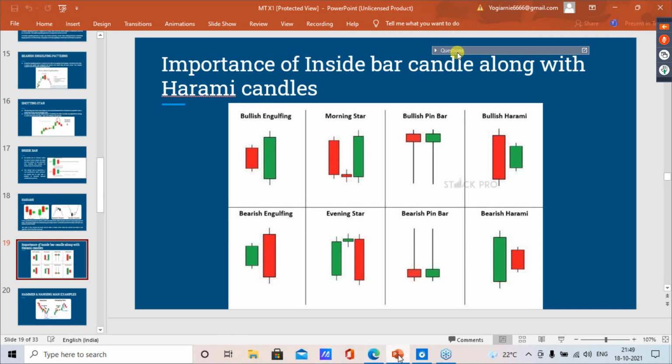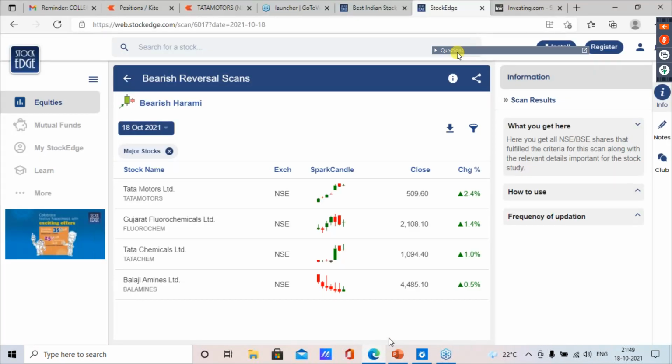Shall we go to the second scanner? Are you guys okay with this? Or do you have any doubts regarding the Stock Edge app? You can use Stock Edge both as an app or website. It works beautifully. And this is the homework that you're going to do 1 day prior. I'll give you a few screeners for the live market. This is 1 day prior.